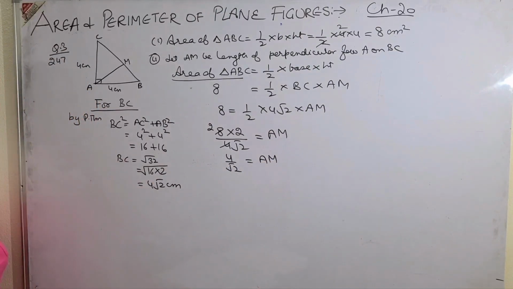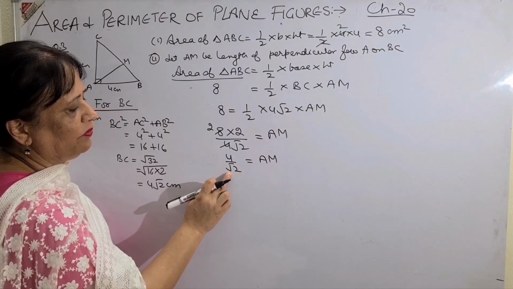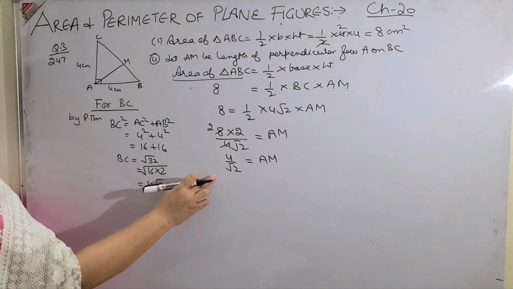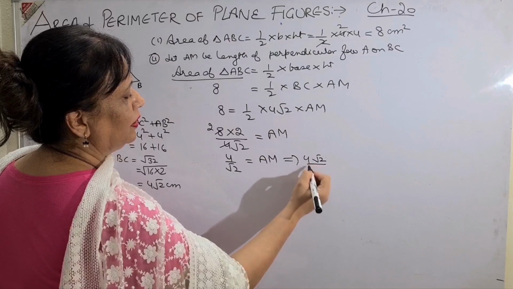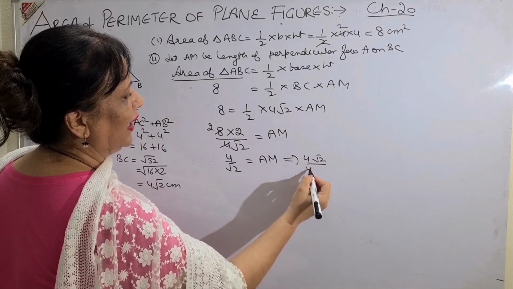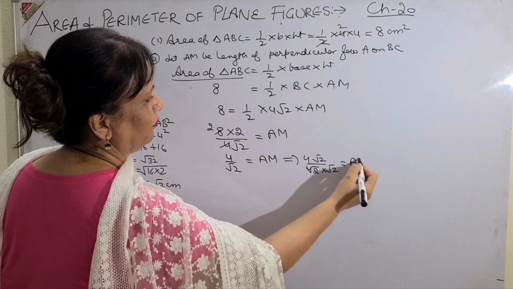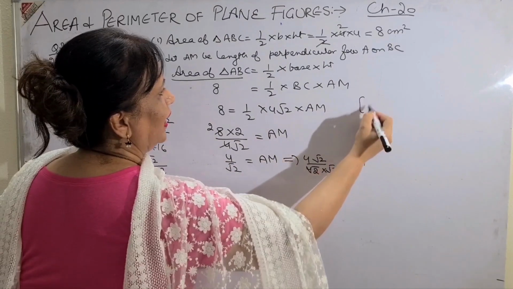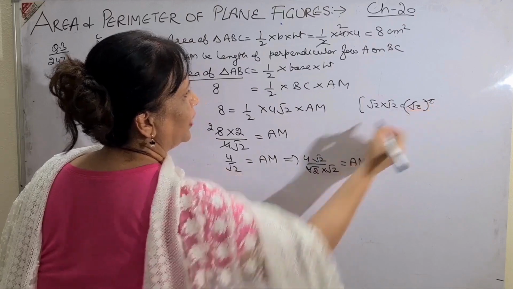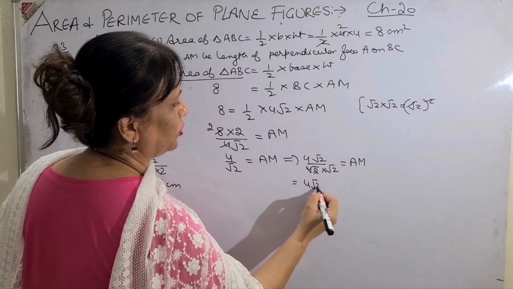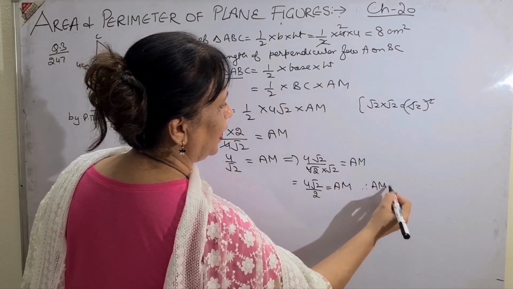Now see, there is a root in the denominator. So children, you will never leave the root in the denominator. For that you have to rationalize it. Rationalization means multiply by root 2 in numerator as well as denominator. So ultimately the value of the question does not change. See, now I am writing at the side that root 2 into root 2 is equal to root 2 square, and the root cancels. So this will be 4 root 2 upon 2 is equal to AM, or AM is 2